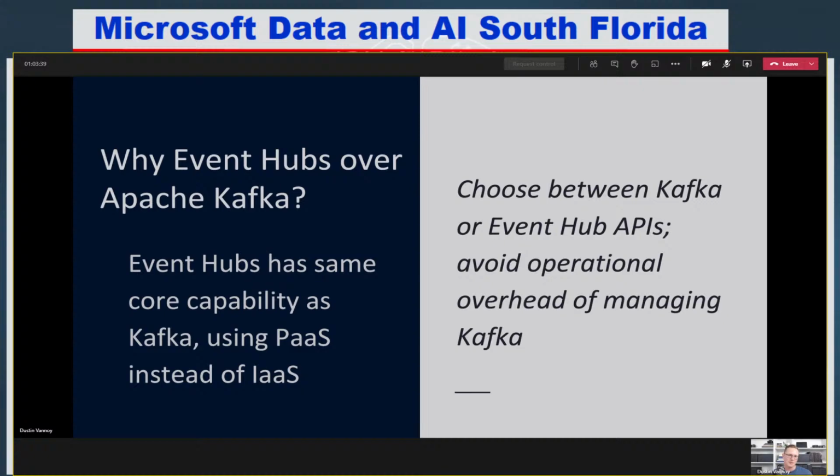The reason I would typically go with Azure Event Hubs, if it can do everything I need for my use case and I'm in Azure, is that it's a PaaS offering. It's platform as a service. I can spin it up, set it to auto scale, and not have to manage servers, not have to do nearly as much overhead as setting up Apache Kafka myself.